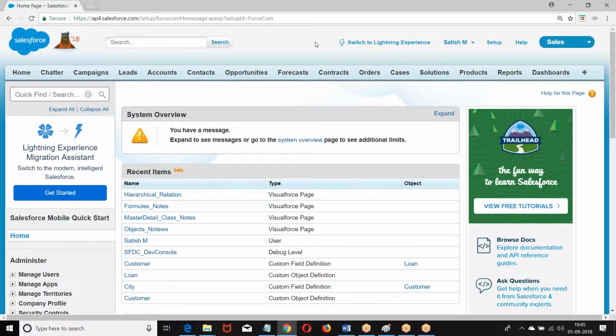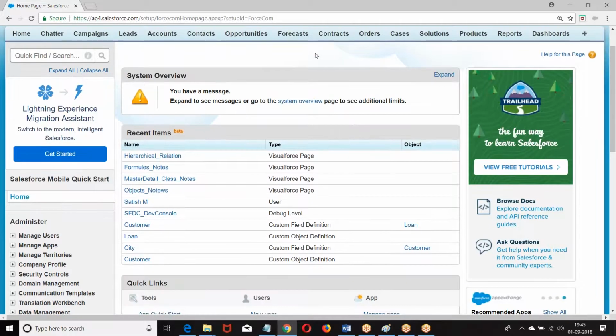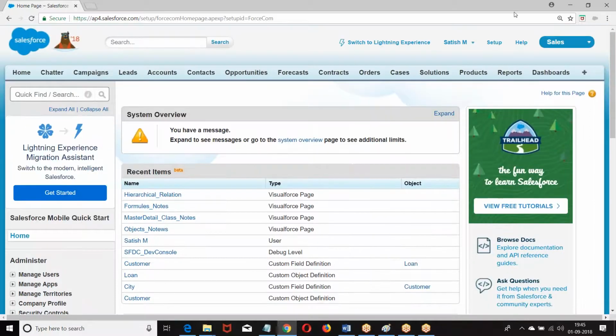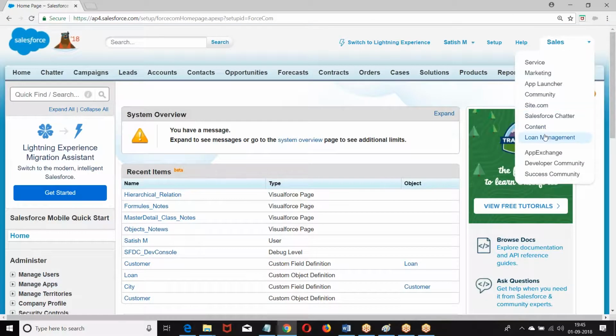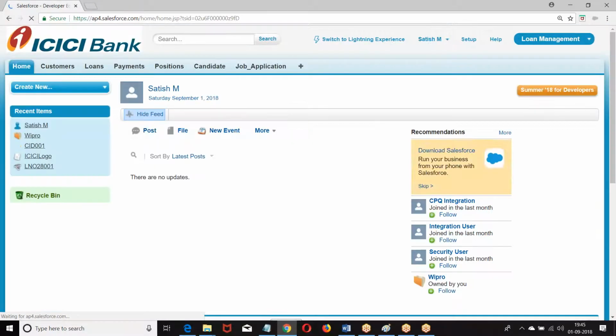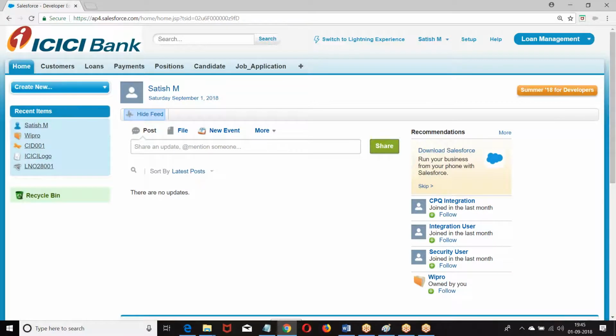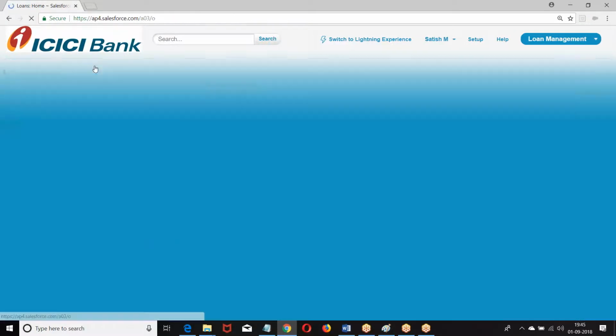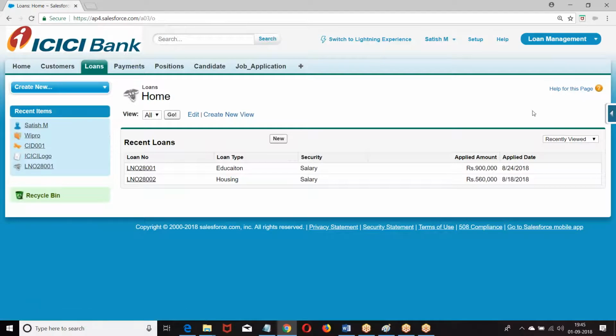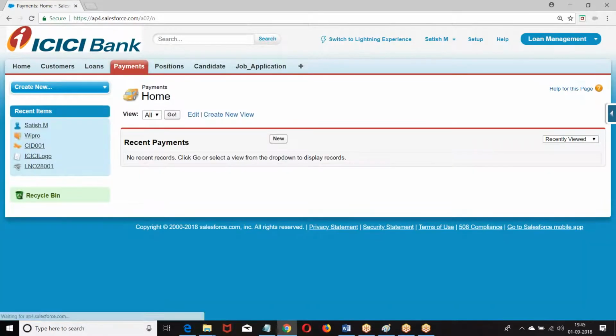Now, what are the objects we created in the last classes? Loan object, payment object.